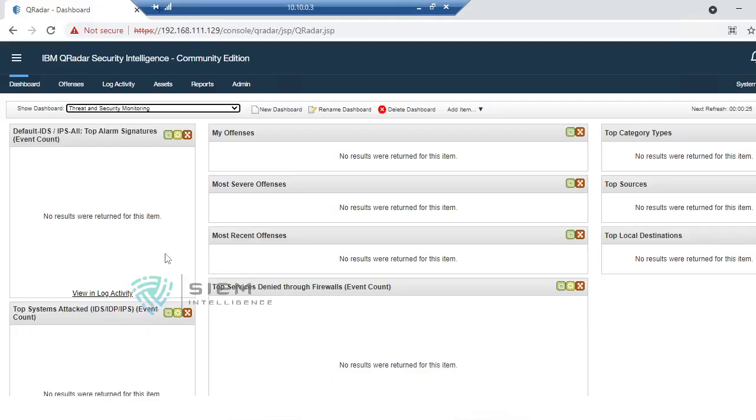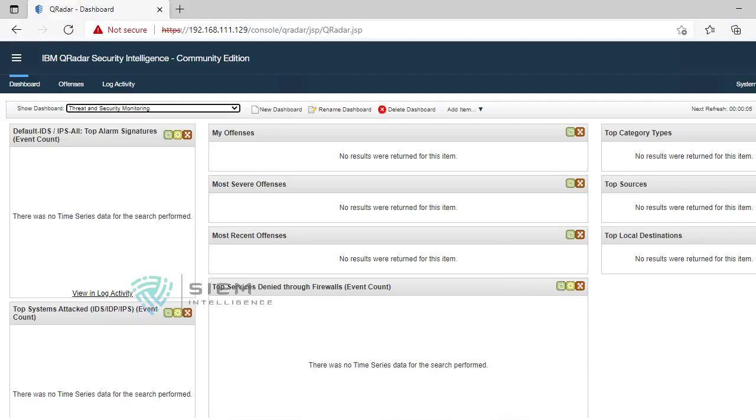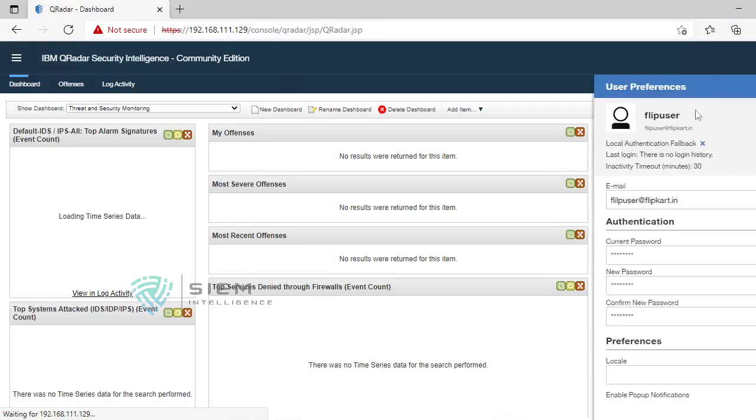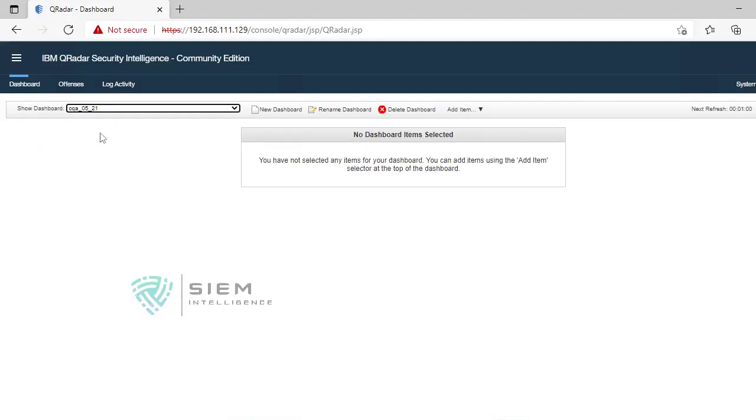So if you go and see in the other Curator dashboard, this is my flip user. Your preferences, flip user. See, if you check this dashboard, you will get CQA 5 of 21. Got it? But you don't have any selected dashboard. Why?